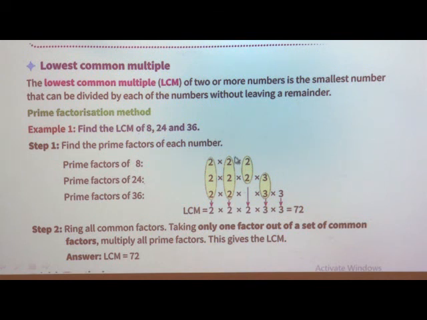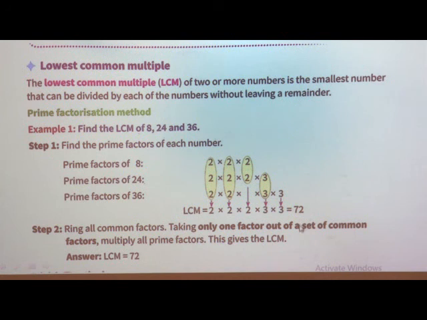Yes, now here what are we having? 2 common, so we will write here 2 multiplied by here 3, and the leftover is 3. So whatever number is left, that you have to write, as well as the numbers that are common, that you have to write. So after multiplication of this, we have already written the multiplication sign. After multiplication of all these factors, the answer is 72.